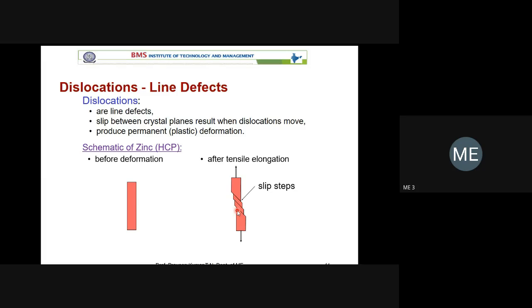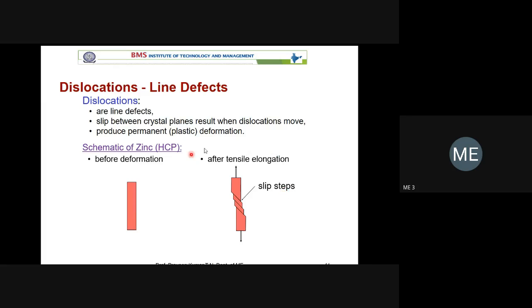All 50 planes will not undergo deformation. Only a few planes may undergo slipping. Like when we are moving a vehicle, only some wheels may slip. All will slip also, because there is a plane surface between the tire and the road surface. But there are some favorable conditions where slipping takes place. In a similar way, in a crystallographic structure, there are n number of planes. Not all planes will fail. Only on one plane does the slipping take place, or it undergoes plastic deformation.